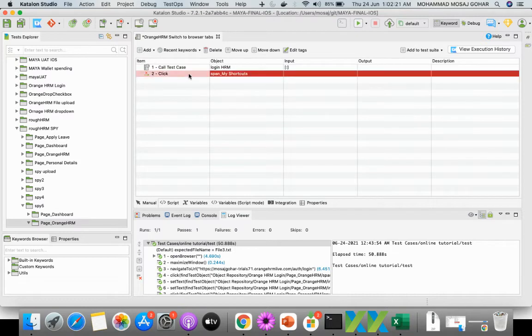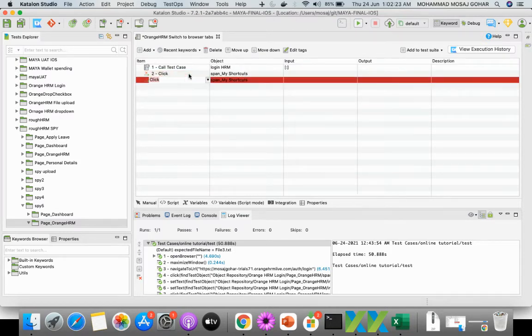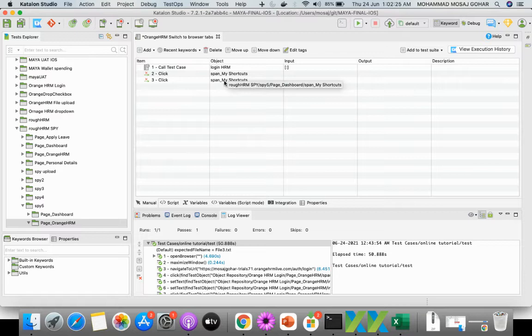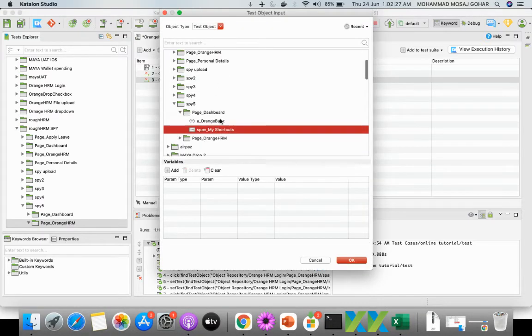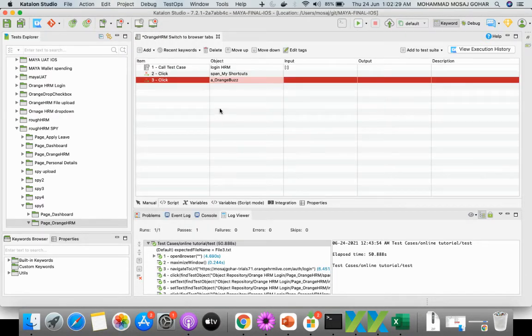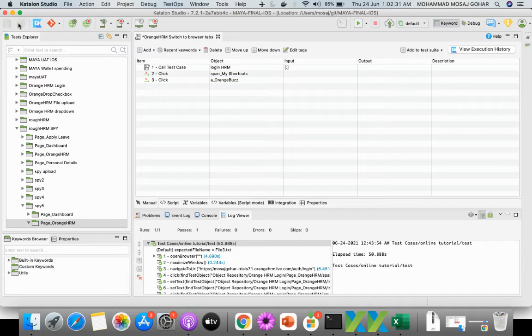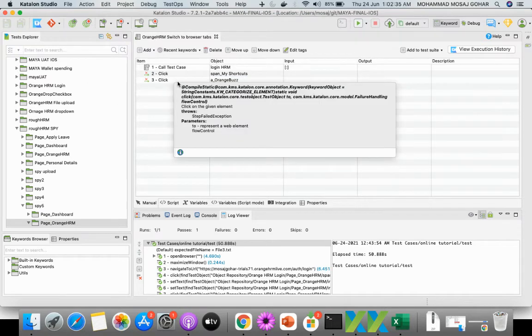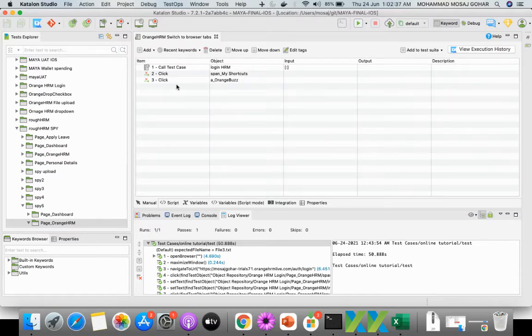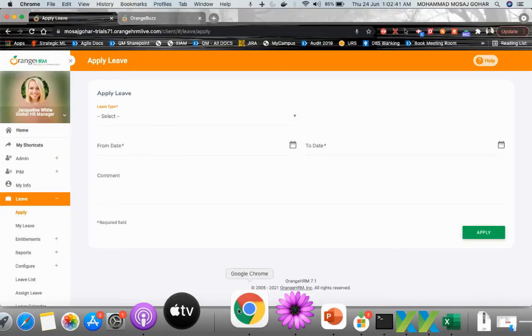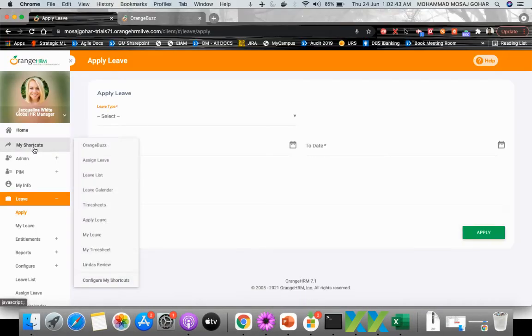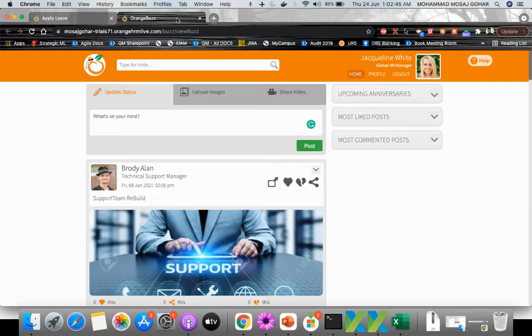Then I will do another click after this, on this particular item, Orange Buzz. Let's save it, and then it will switch the window. So these two actions are done for now. Clicking on my shortcuts and Orange Buzz, it will go to here, and that is where I'm going to add the step of switching the window.